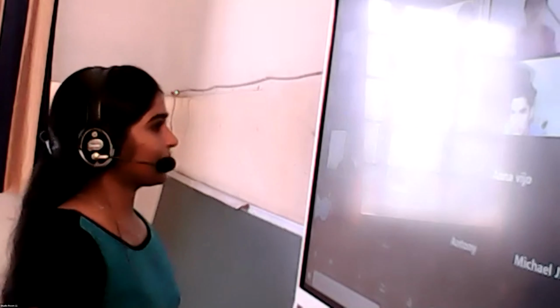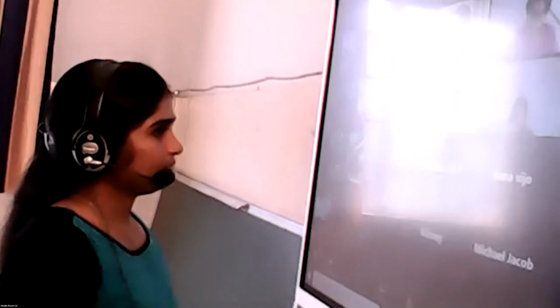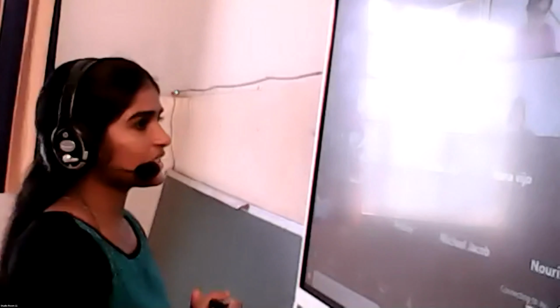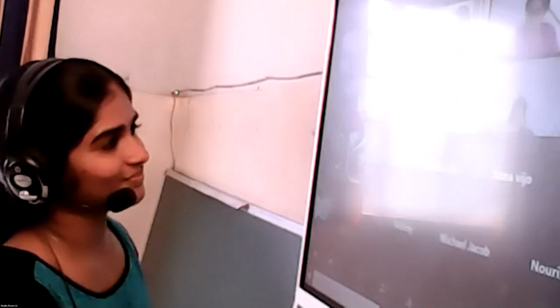Okay, children. So in the last class, we had just learned about electrode potential, then standard electrode potential, then how to represent an electrochemical cell, right? So we can just recall those points. What do you mean by this electrode potential? Rijas, can you tell me?